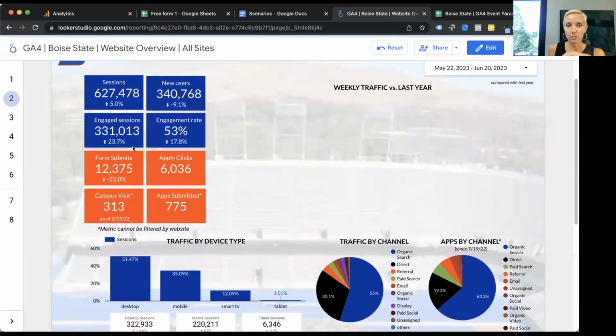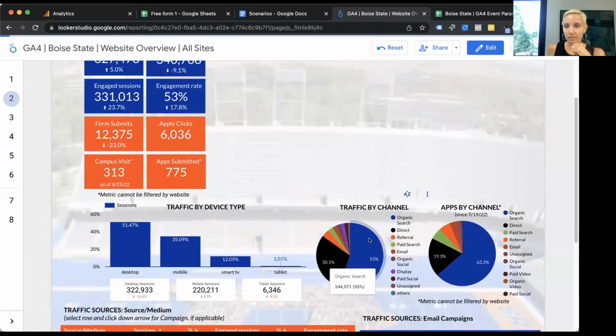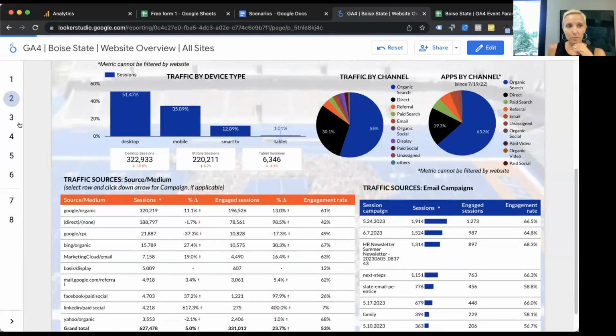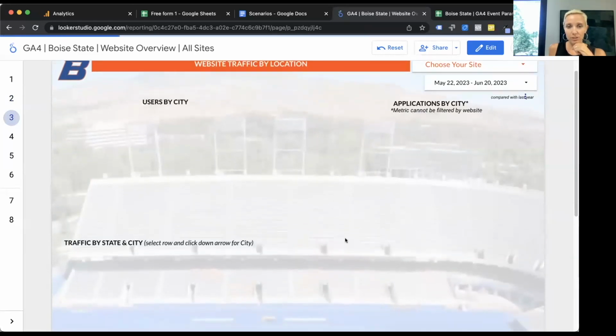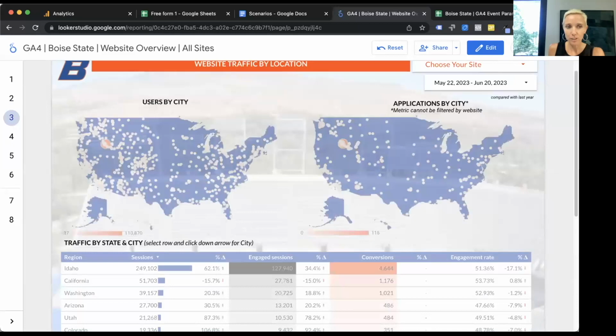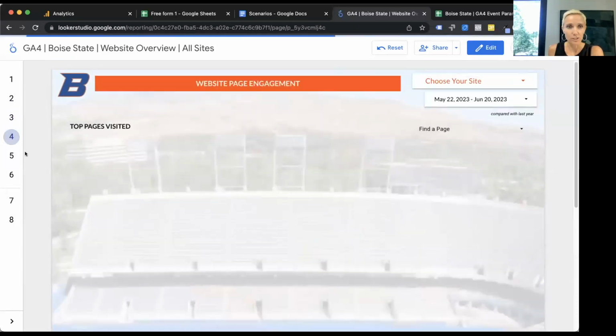So we have sessions, users, all of these conversions that we've identified by channel, applications, device type. We have geographic data on this page. I'm trying to go through quickly because we have time for some questions. Page engagement.